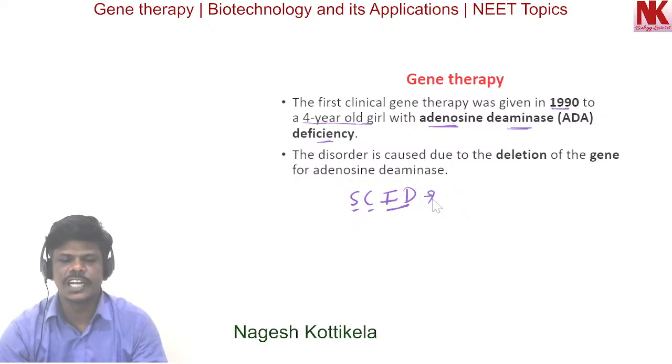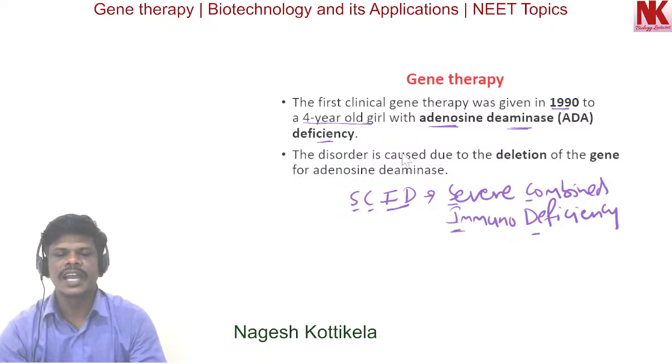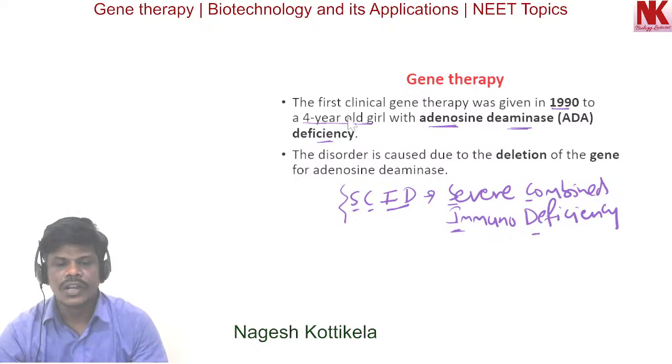I repeat this once again, severe combined immunodeficiency. So this is SCID. Due to the deficiency of adenosine deaminase enzyme, this disease SCID is caused, severe combined immunodeficiency. Here the first clinical gene therapy was given in